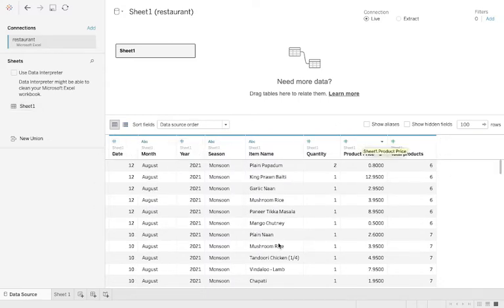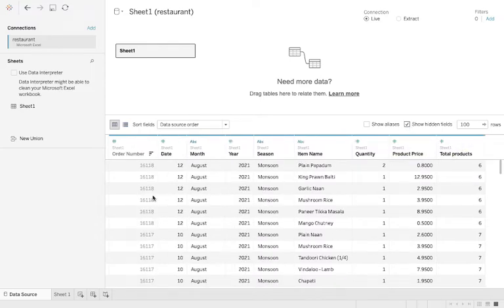So if you see, this column has been hidden, and if you click on this, then this show hidden fields, then it will show you all the hidden fields, but it will be in gray color. Now you can unhide this, so you can hide and unhide the columns that you need.